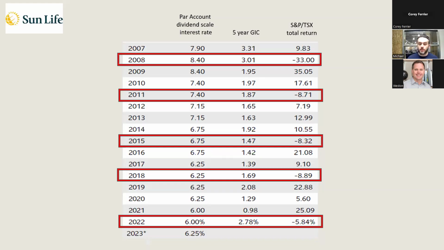It doesn't go up and down as crazy as the TSX, but it doesn't mean you can't have money in equities in TSX. Of course you can. Of course you should. Whole life should be a slice of the pie, but there's other things to invest in as well. But for me, showing this really does show the strength of it, where you literally can't lose money like you can in the stock market.